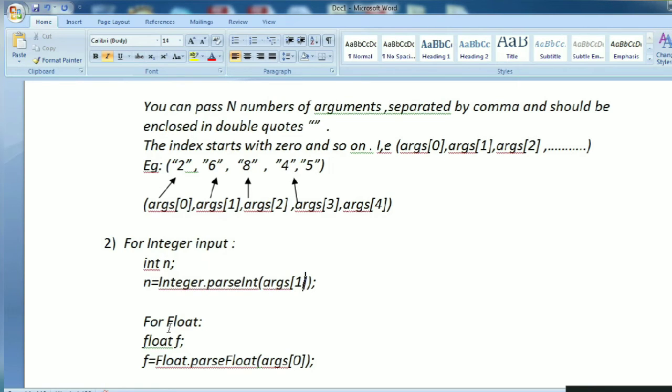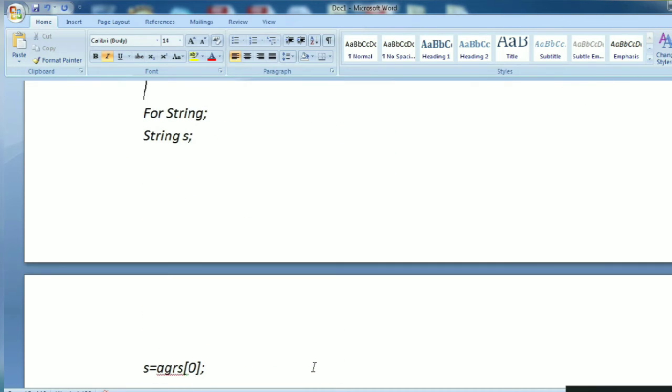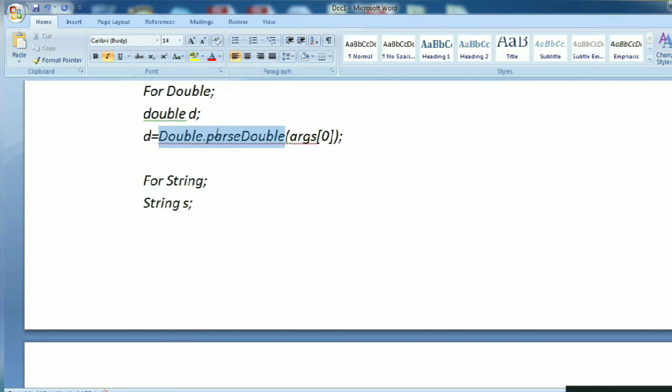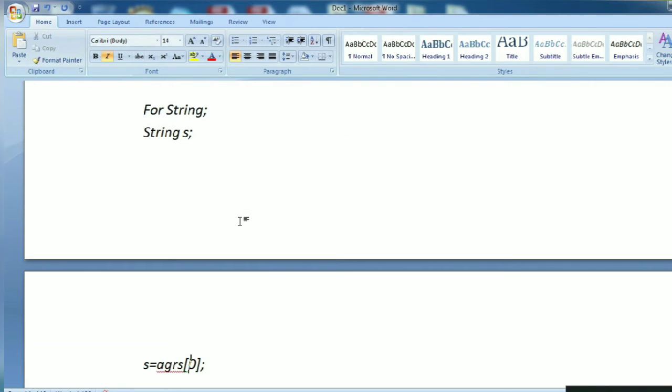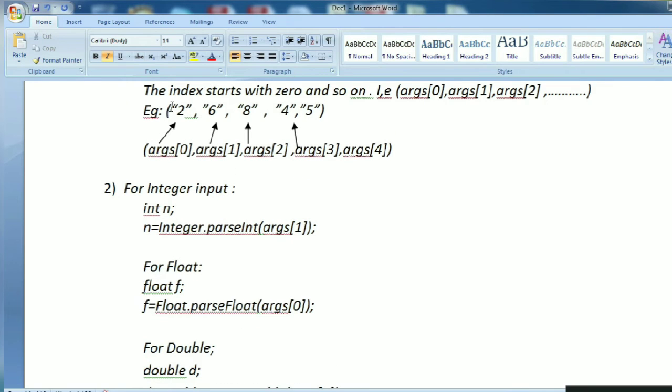For float, you will use Float.parseFloat, again with args and the index of the value you want. Same way for double, Double.parseDouble, and for string you simply write args[0], because these are already string values enclosed in double quotes, so there is no need to parse them. For a string we simply write args and the index.